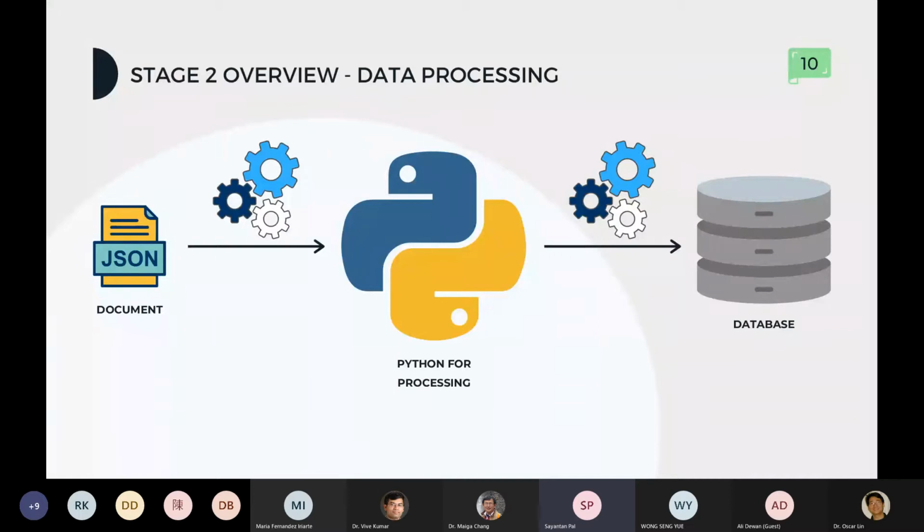After you have seen the things that we require for processing, that was the NLTK packages and so on, we are processing this JSON document via a lot of Python scripts running in the background, and these are also automated. This will be run by cron job only, and then fill up the tables in the database.